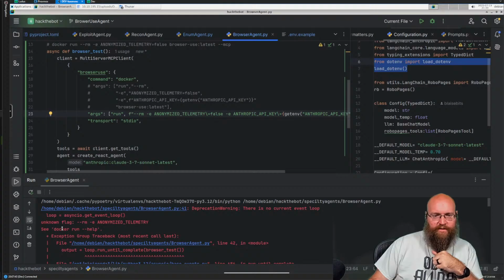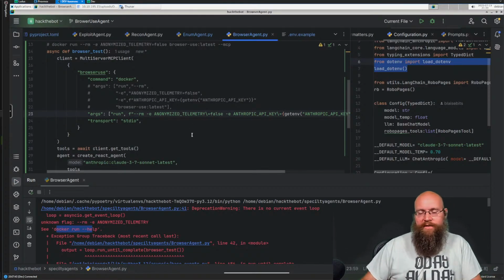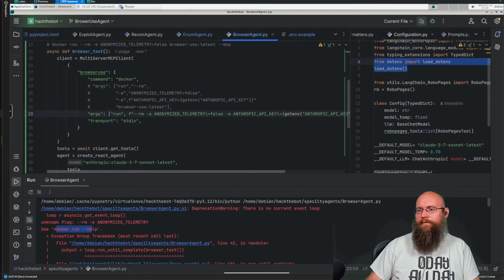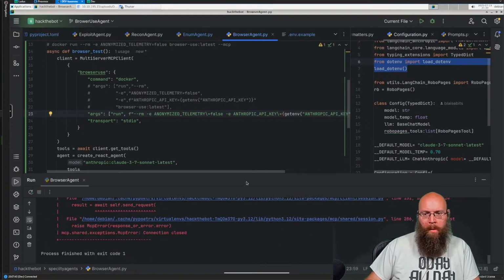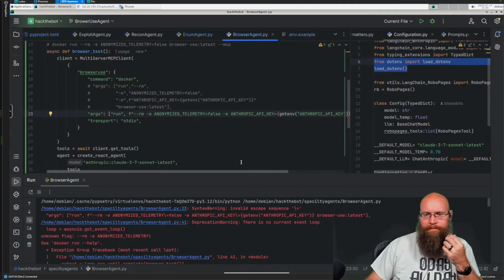For some reason, it thinks these are unknown flags for Docker run. I was like, they're absolutely the correct flags for Docker run. What are you doing, Smalls? Okay, so it didn't like us escaping that out right there.